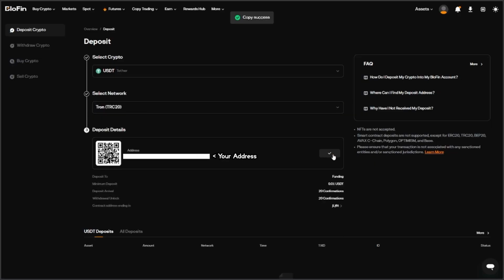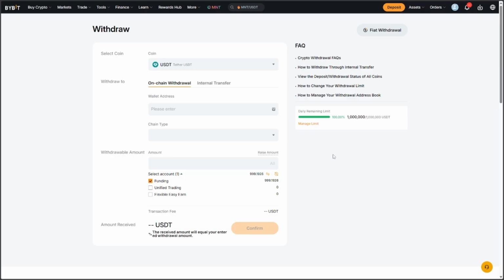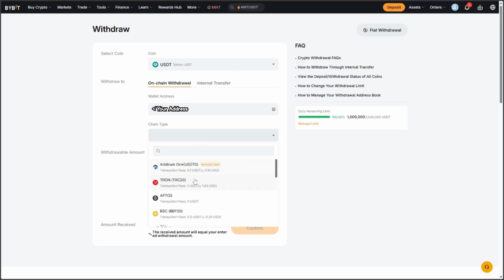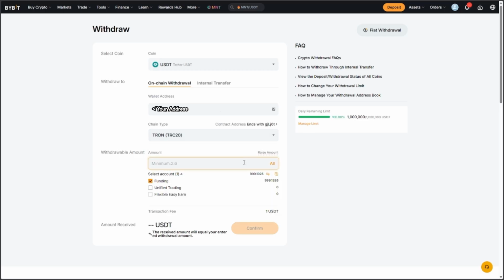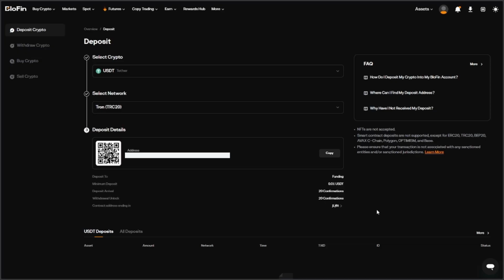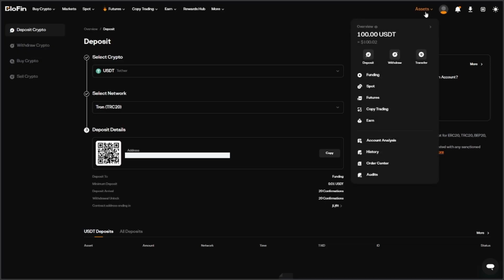We are now going to copy this address, and we go to the sender exchange. In this case, it's going to be Bybit. We select the same coin, USDT, we paste the address, and we select the network. Remember, the networks must match. In this case, it's going to be Tron. We're going to send a test amount and confirm. After a brief period, we can check in the assets menu and we can see that our deposit has been